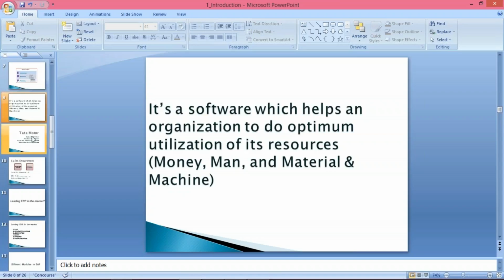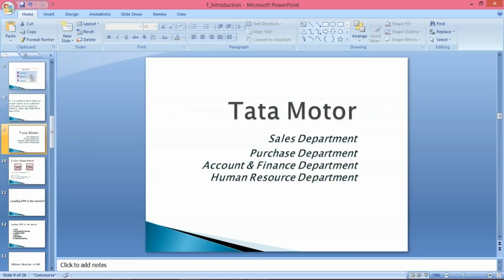I'll give one more very easy example here, an example of a manufacturing organization. Let's suppose there are several manufacturing organizations, and I'm just quoting the example of Tata Motors. Whichever organizations are there, at a broader level every organization will have four departments minimum.